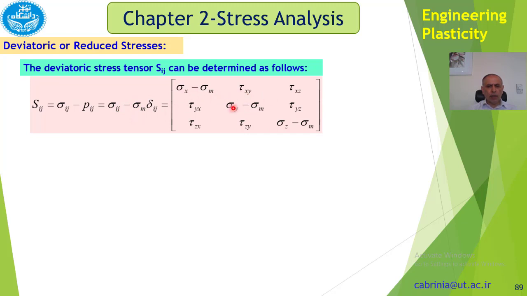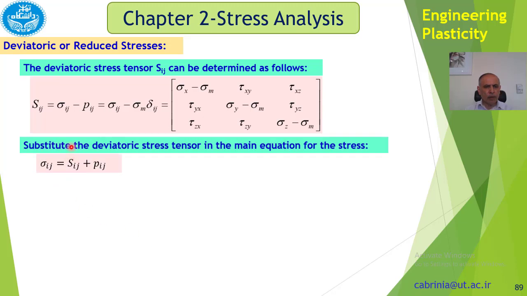So in here, delta ij is equal to 1, and in all other positions, delta ij is equal to 0, because i is not equal to j in here. Okay, so we get this matrix form also. Now substitute the deviatoric stress tensor in the main equation for the stress. So instead of writing it like that, we could write it like that: sigma ij equal to S ij plus P ij,